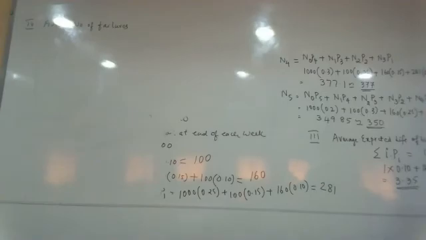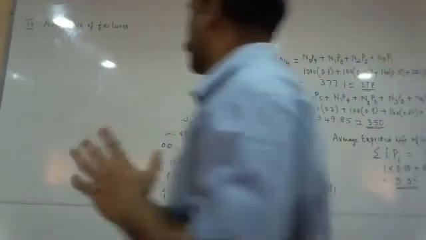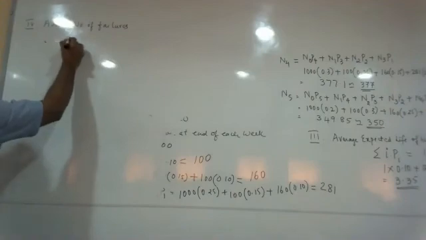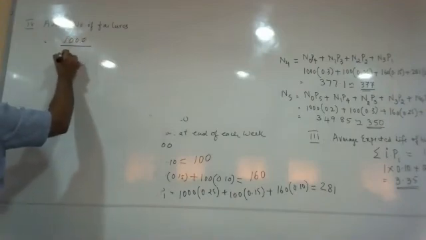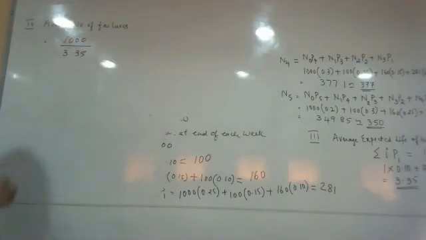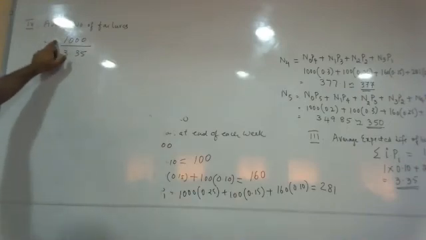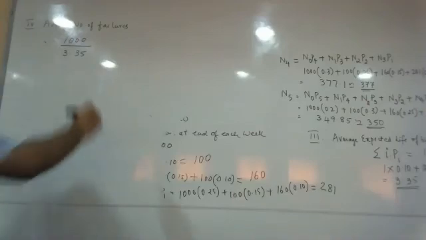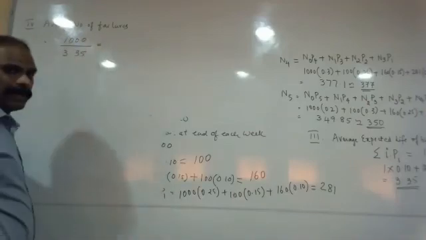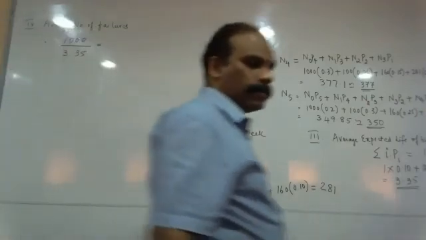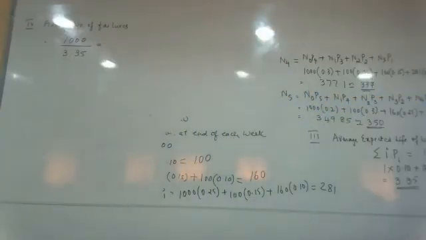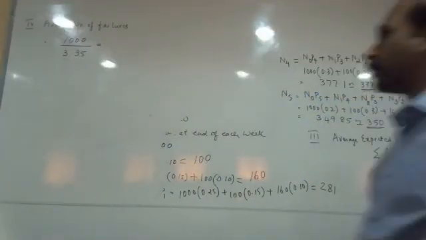That tells us on an average how many fail each week. So this is nothing but 1000 divided by 3.35, because each bulb has a life of 3.35 and we have 1000 bulbs in total. If I divide that, that will tell me the average number of failures. Can one of you please divide and tell me how much we get? 1000 divided by 3.35 is 298.5.